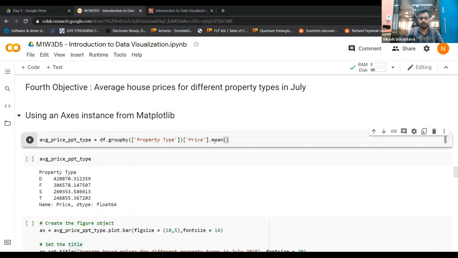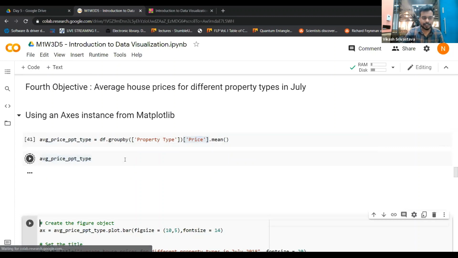Okay, so I think this does not need much explanation. This is sort of explanatory, right? So this is the column on which we want to do some aggregation, so that's why it's appearing here, right? And then we can see average price